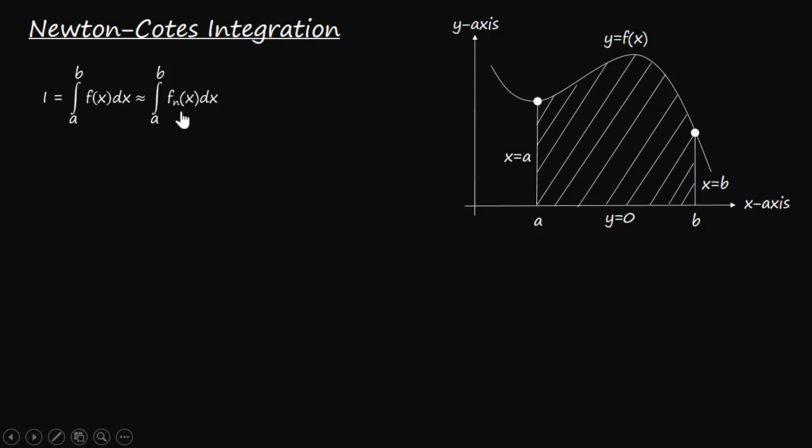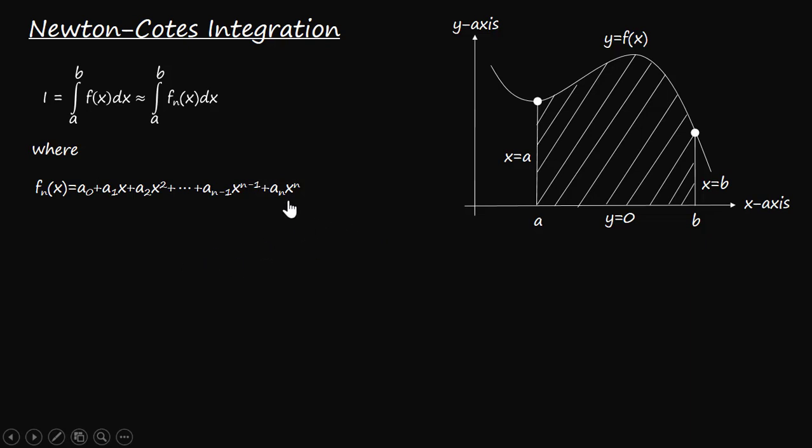So here we are considering this as the polynomial function of order n, and everybody knows that the polynomial function general form can be written as a naught plus a1x plus a2x square up to the last term, nth term, which is an x power n. यहाँ पर ये जो values हैं a naught, a1, a2 up to an, these are called coefficients of this polynomial function, and n is called the degree of this polynomial.